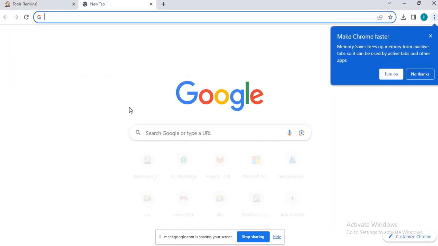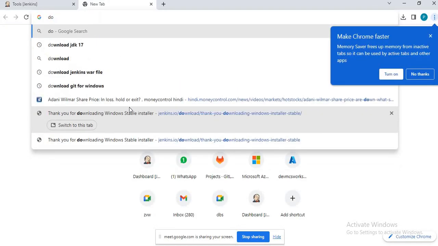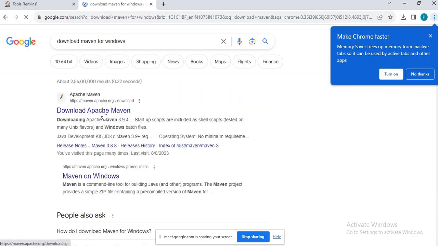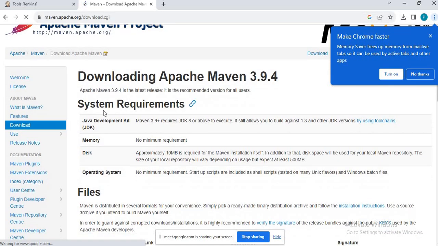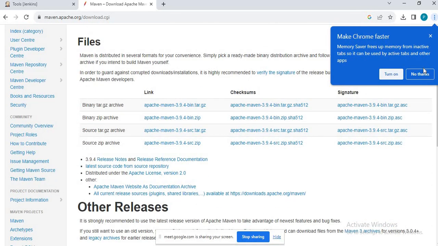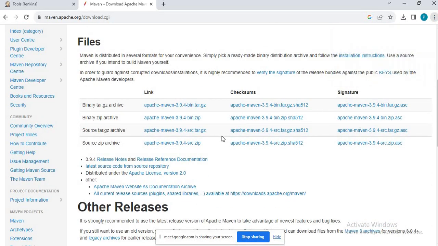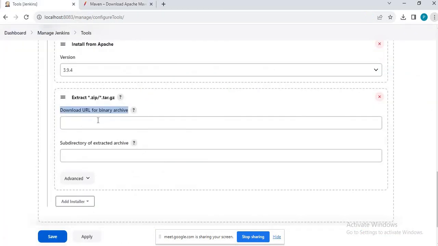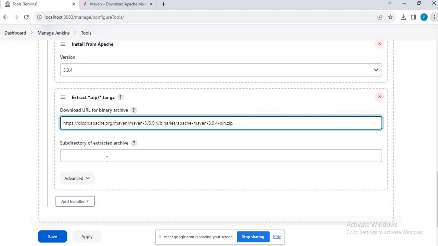So I'll just go and download Maven. Right, and then let's get the URL of this zip. I'll say copy link address and I'll put it here.